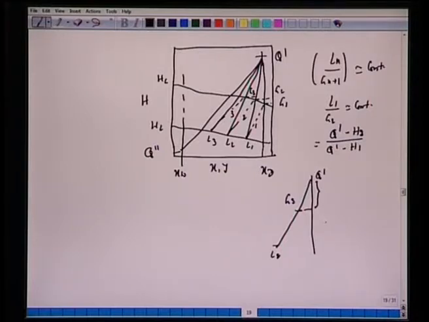See this, this is Q dash minus G3, right? Or this enthalpy of this H2 here. Similarly, we have Q dash minus H2. Q dash minus H2 is the bigger one. So the ratio of these two segments is a constant for any stage which we can draw here. All right. So what happens geometrically?